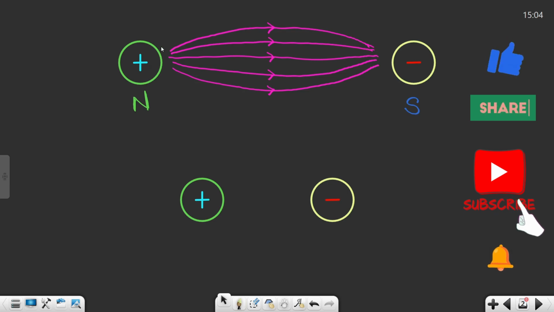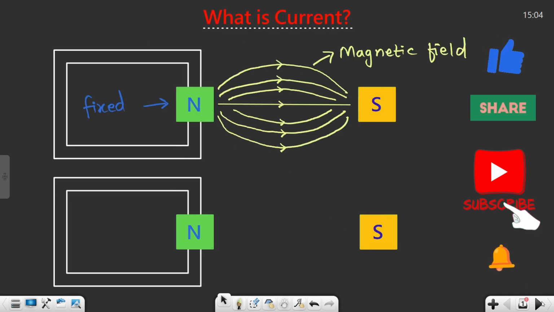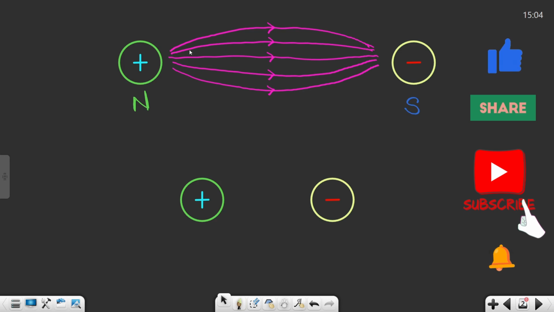Now if I had directly jumped onto this particular concept, it would have been pretty difficult for you guys to understand it. So that's why I took this analogy of north pole and south pole. Now you will be able to understand this concept. So let's say I have a positive charge and I have a negative charge. So obviously they will be